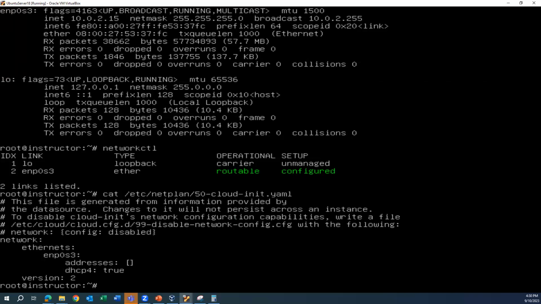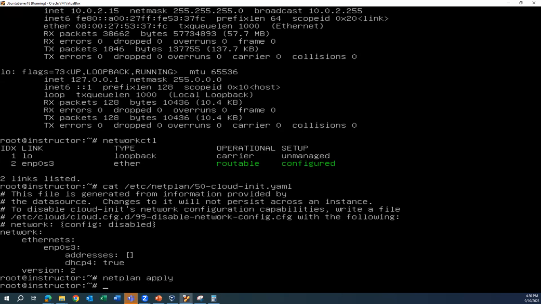As you can see, the information is being obtained automatically using the DHCP protocol. Let me do netplan apply and then exit out. Okay. Just like I had done this,